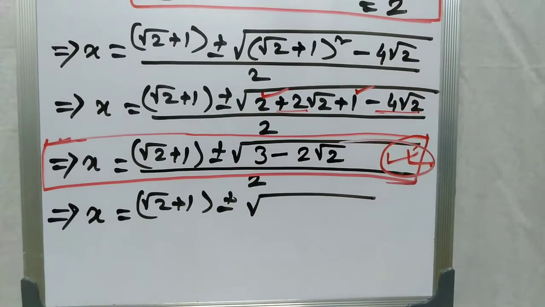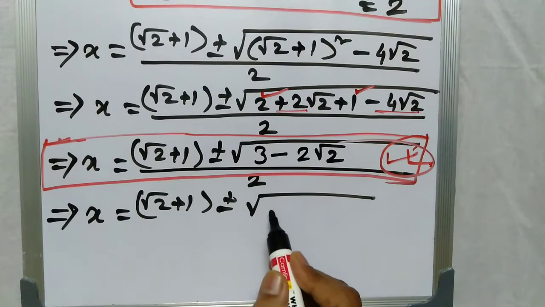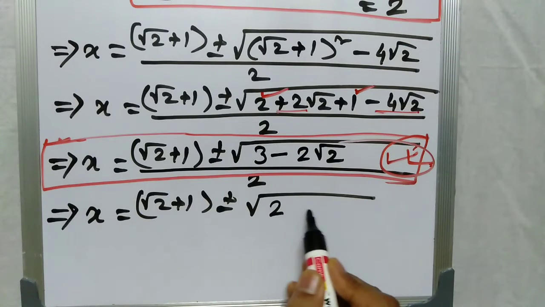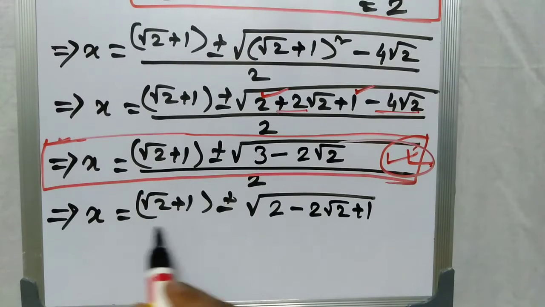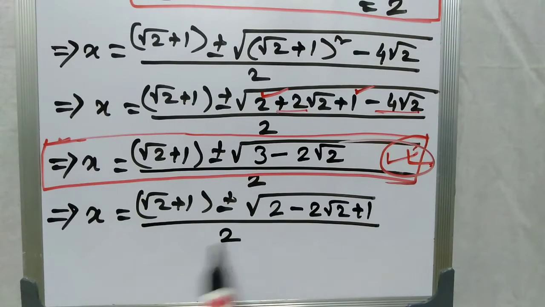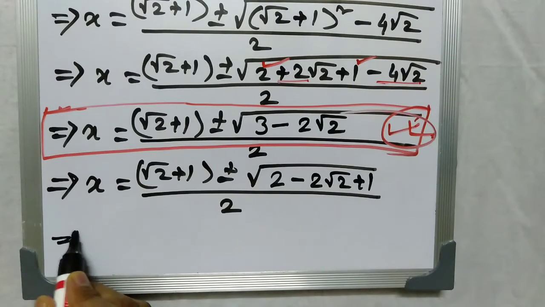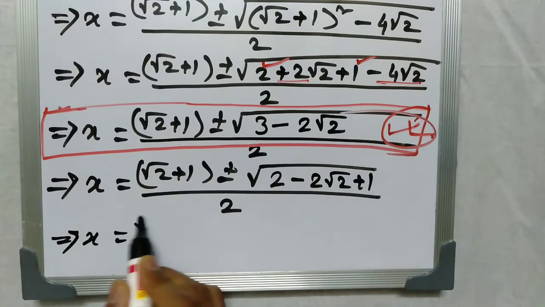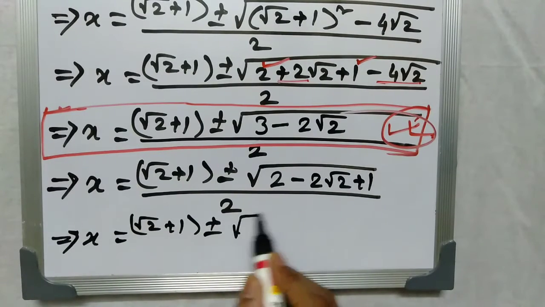Okay? We will write this as 2 minus 2 root 2 plus 1, by 2, and it implies that x is equal to root 2 plus 1 plus minus root of